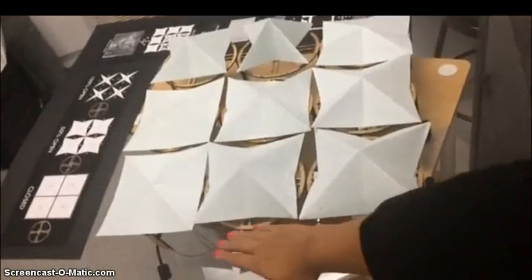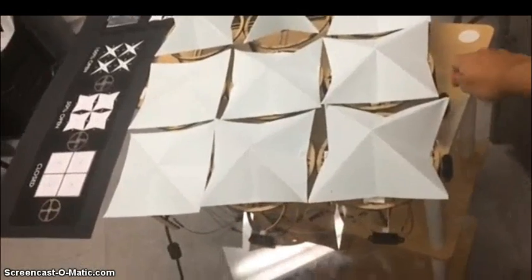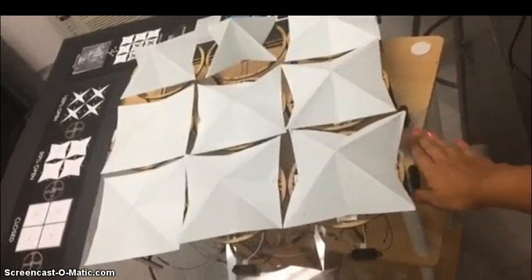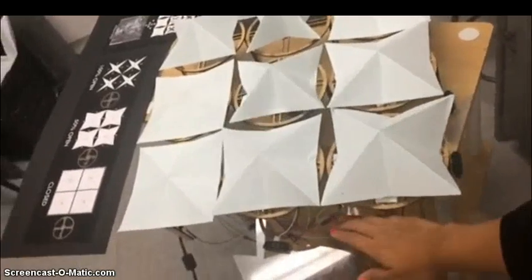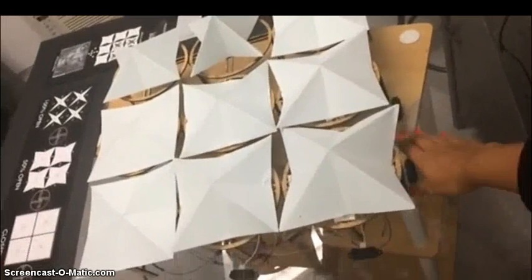And finally, here's a short demo of the physical model showing a section of the wall and how it would work with some sensors. These are very primitive and very limited in their range, but the